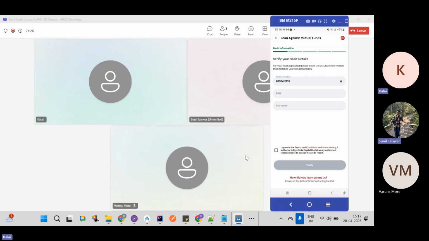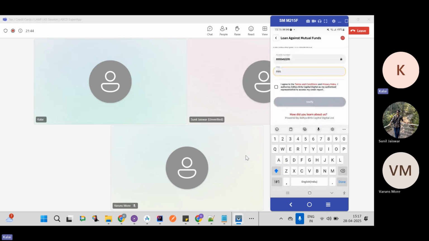Actually, we have only two screens in LAMF. It is not a big journey. It's a small one. So what we will do is enter a PAN number. It will do some PAN verification, whether it is a valid PAN or invalid. They will check it. Once that verification is done, I will show you. It will ask for